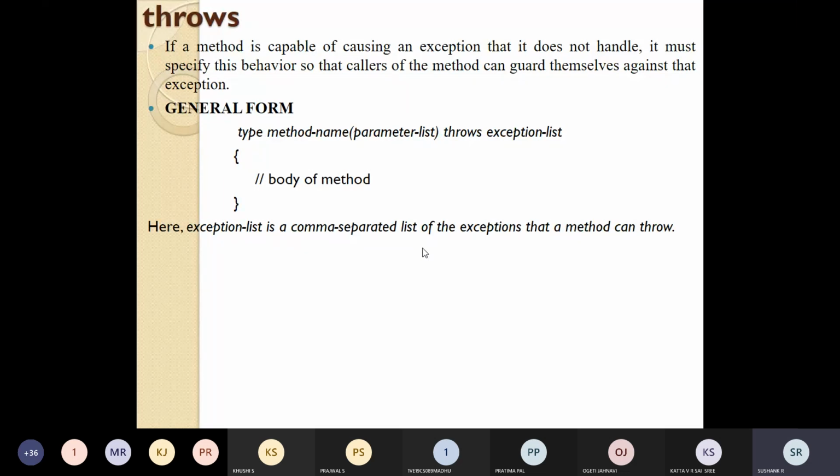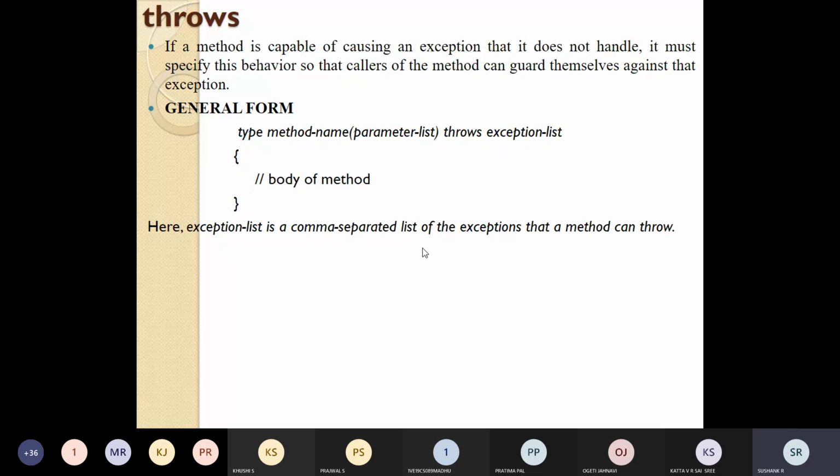So in that case, it should inform the caller that this might throw an exception. This is capable of throwing an exception. If it informs this to the caller, the caller method can guard itself against that exception.